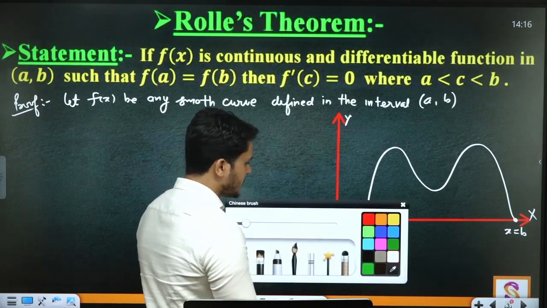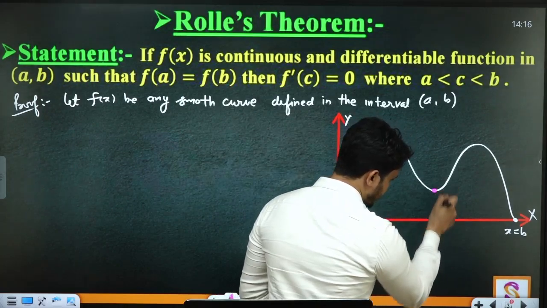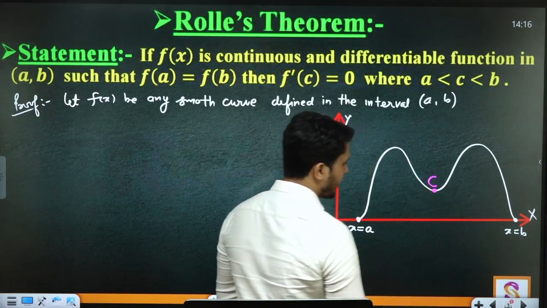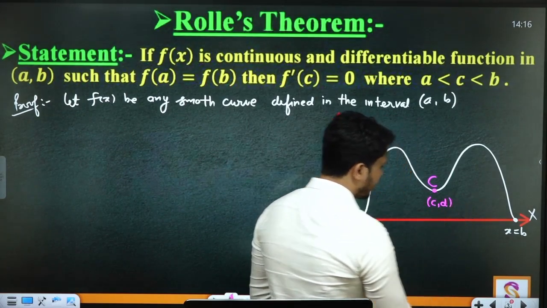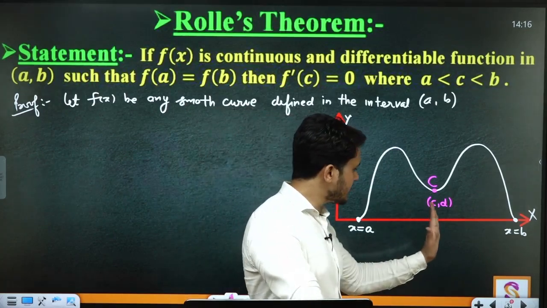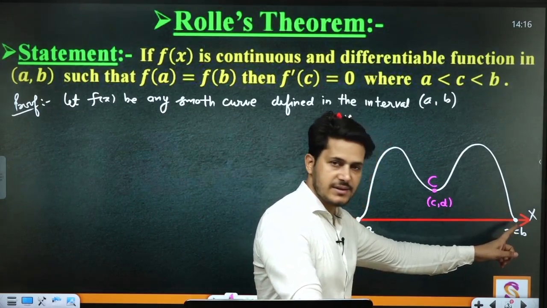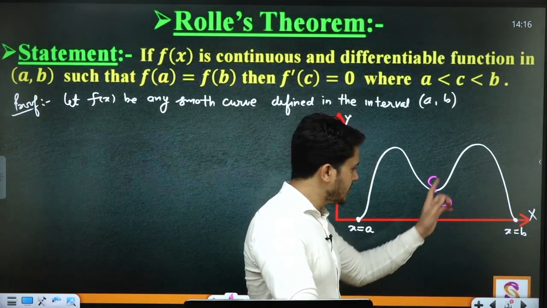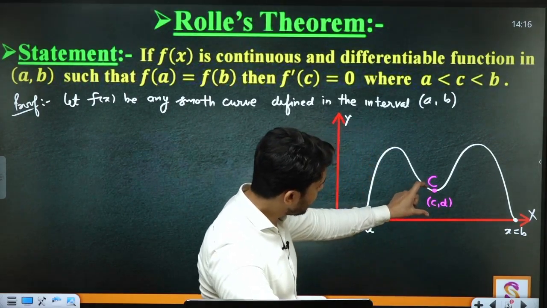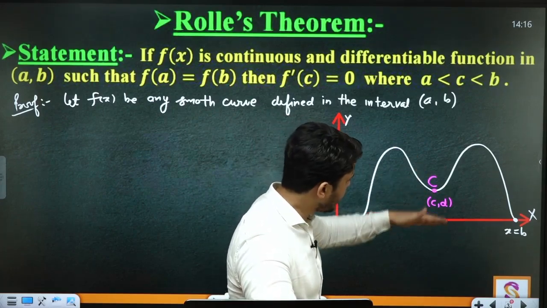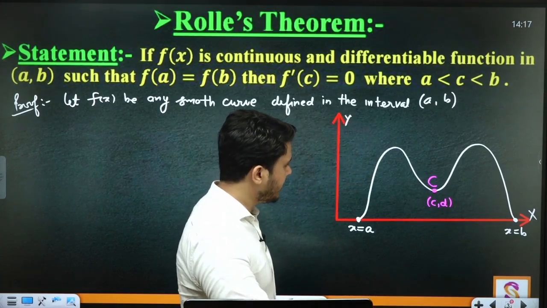ये इसका प्रूफ है. चलिए देखते हैं इसमें थोड़ा सा. Now see, here is another point c, x equal to c. You can name it capital C, and the coordinate of this point will be small c comma d. कैसे हुआ ये? Because this is at a distance which is greater than a and less than b. a से बड़ा है और b से छोटा है. So this type of distance which is intermediate, then x equal to c, and it may be at some height from x axis. That's why it can be taken the y non-zero and the value of y is equal to d. d is not equal to 0 here.